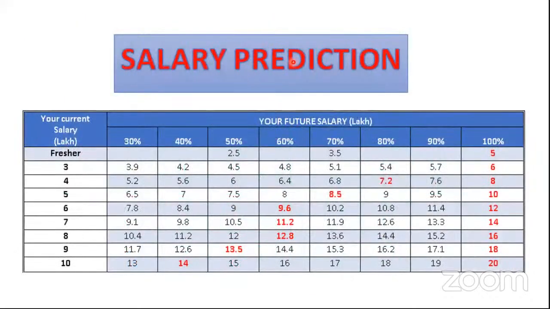Okay, so this is the salary prediction. If you are a fresher joining any company, you will get a salary of about 2.5 to 3.5 lakhs, maximum around 4 lakhs. But when you know a technology like SAP, you will get a minimum of 5 to 6 lakhs. If you have 5 years of experience and are getting 7 lakhs, when you make a jump you will get a 30% hike nowadays, 9.1 lakhs. But with a technology like SAP, you will get a minimum of 11.2. If you have very good experience, you will get a minimum of 14 lakhs.